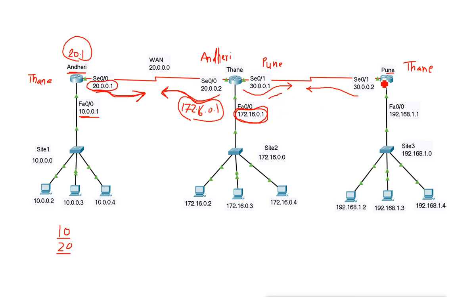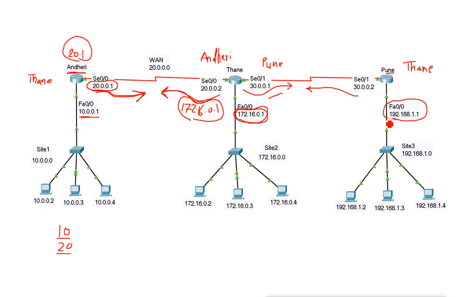Now the Pune router says I am Pune and I am connected to this interface. What is Pune's router ID? We have these two interfaces, and if we compare both interface IP addresses, this IP address is bigger than the other one, so this IP address becomes the router ID.